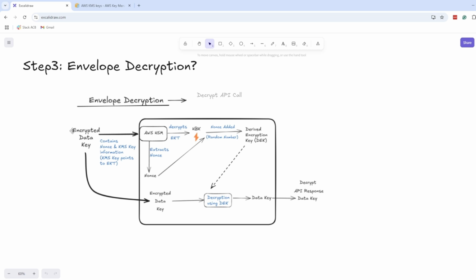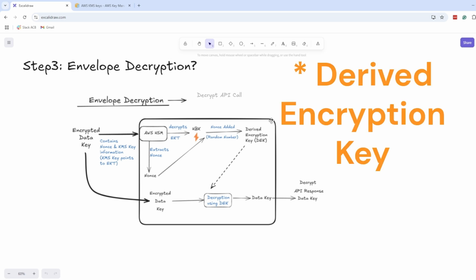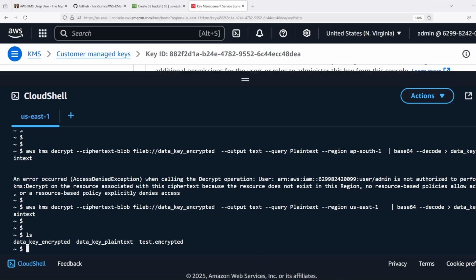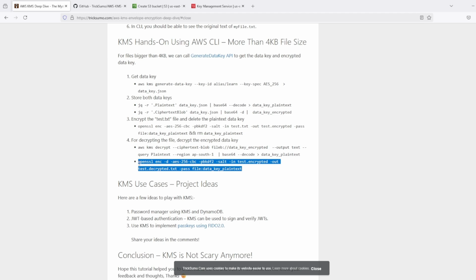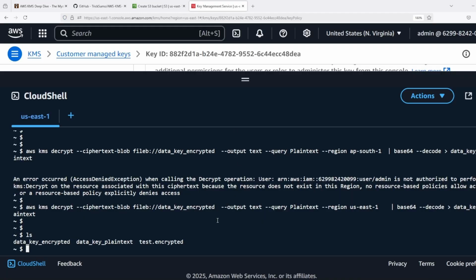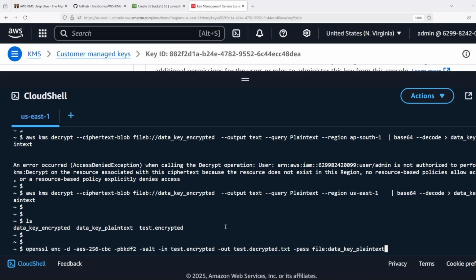We passed our encrypted data key. AWS HSM recovered HBK and nonce, and HBK created the data encryption key, and then the data encryption key decrypted our encrypted data key, and as a response we got our plain text data key. Now since we have the plain text data key, we can use OpenSSL utility to decrypt our encrypted message or text file. Let's run this command as well,